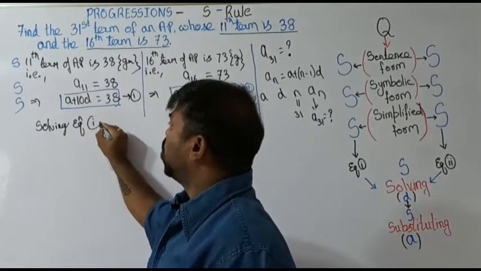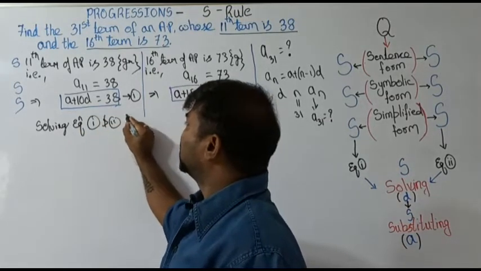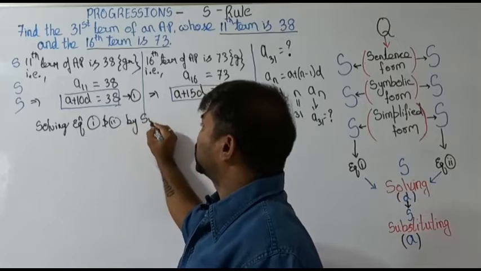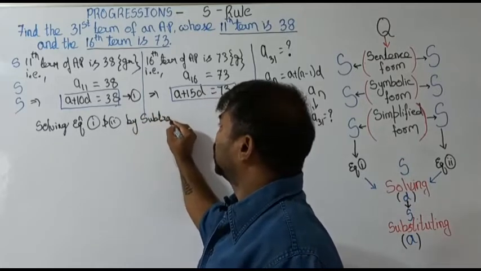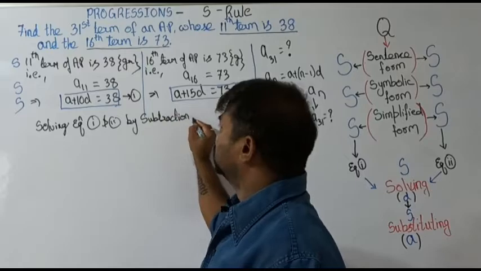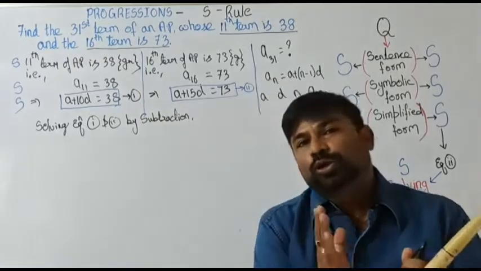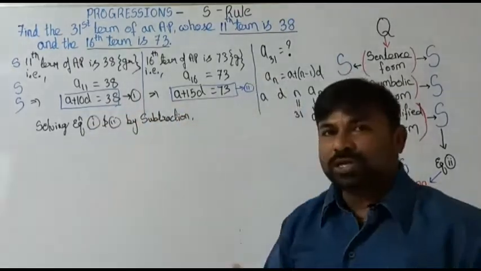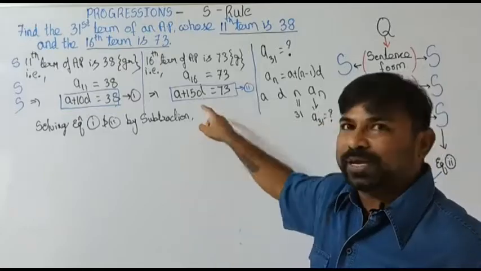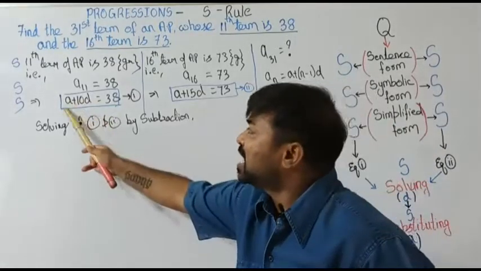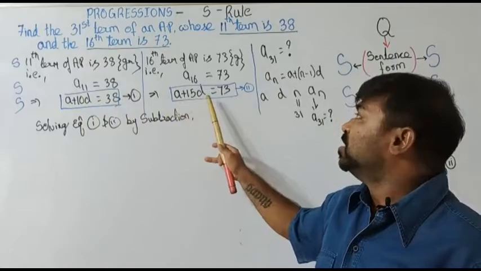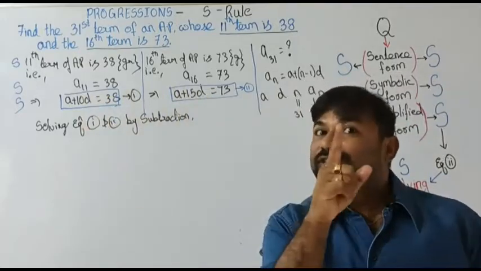What are those? 1 and 2. What's that method? By subtraction. Right, we are going to use the subtraction method and we are going to solve it. Now, out of these two equations, which is the bigger? This is bigger. Can you please tell me why? A and A are same. 15B and 10B. 15B is bigger.